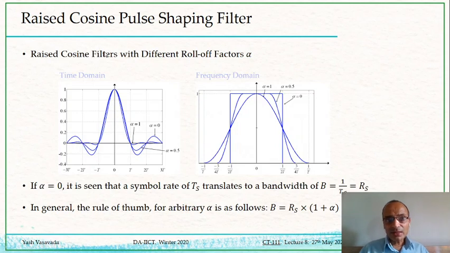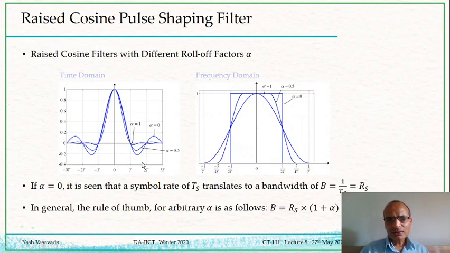But the good thing about these raised cosine filters is that this alpha parameter can be controlled. As we saw, we probably don't want to make alpha go all the way down to 0, although that helps us in removing ACI in the frequency domain. But at the same time, we probably don't want to make alpha equal to 1. If you make alpha equal to 1, the time domain pulse decays very rapidly outside of plus minus 1 over t. But in the frequency domain, for alpha equal to 1, the occupancy spreads out to roughly 2 times the symbol rate.